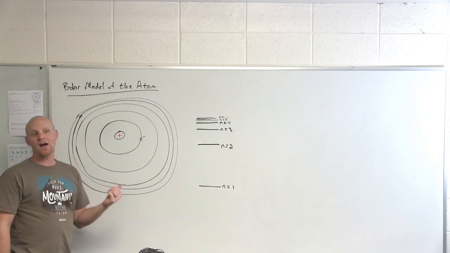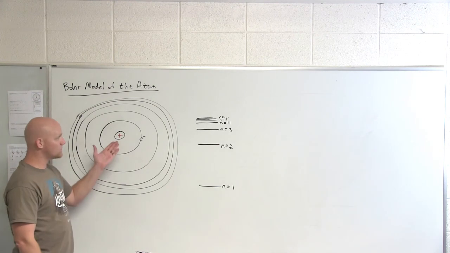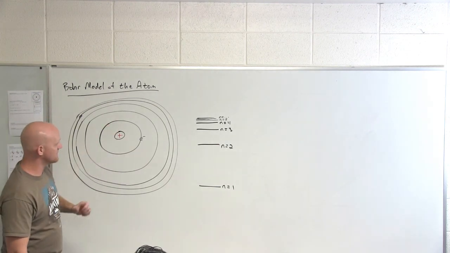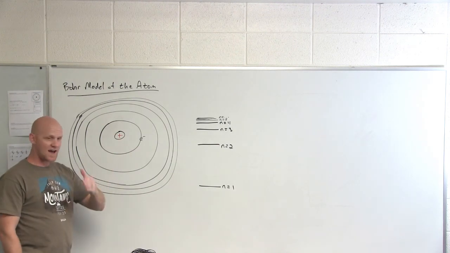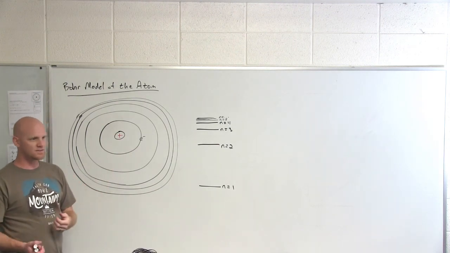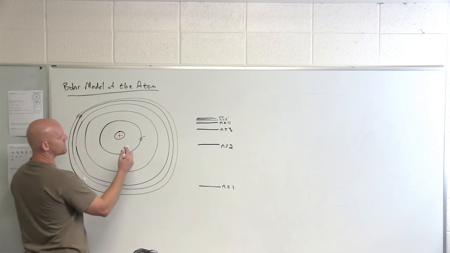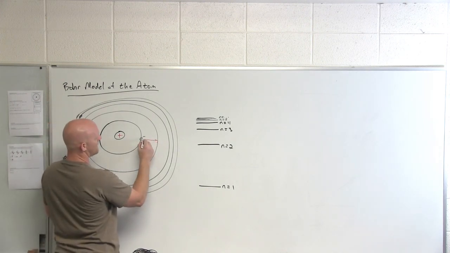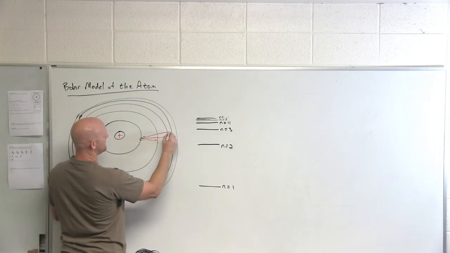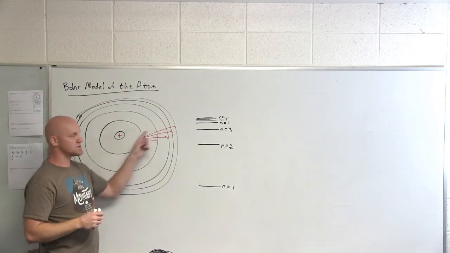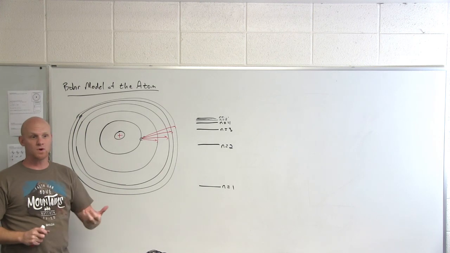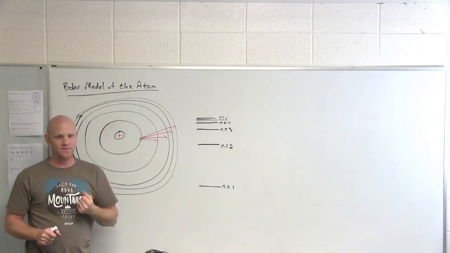So it could work for ions that had only one electron as well, but it just didn't work for anybody else as a neutral species. But it worked for hydrogen, and it worked to the T. All the math worked out. You could predict exactly which wavelengths would be missing. And the idea is that this electron could jump out to different orbits, and the energy difference between the orbits would be the amount of energy it would absorb. And it would absorb photons of exactly that energy.